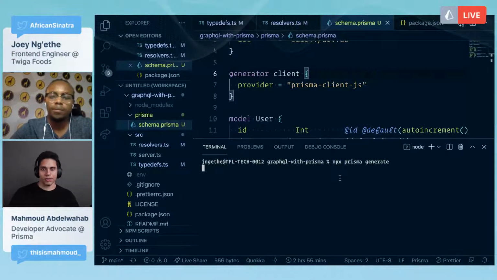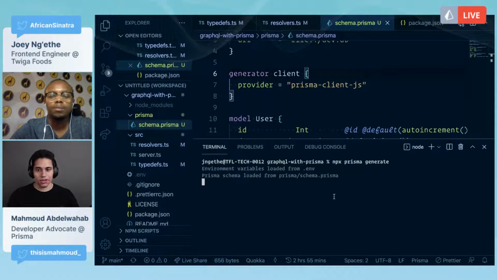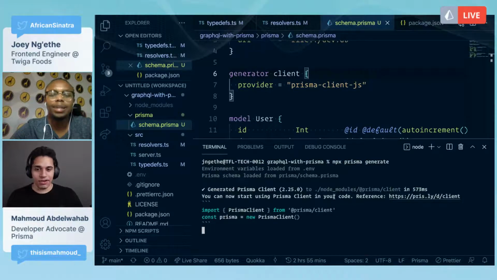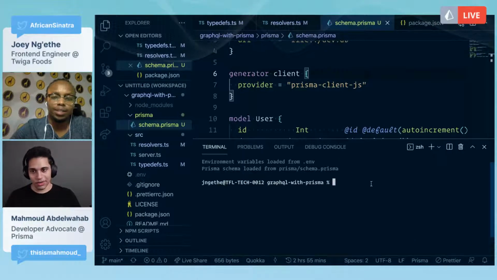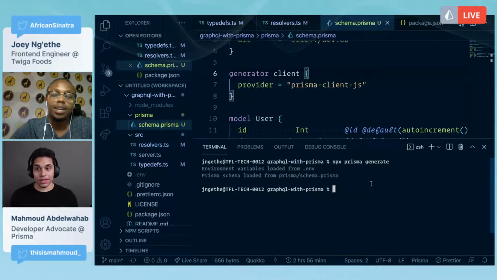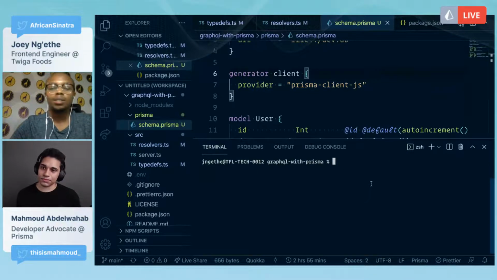One thing I'm not sure about: if we run npx prisma generate and we run the queries, do we not have to do a migration before? Right now, the SQLite database doesn't exist. If we try to run the query, will we get an error? I would like to try, because how would we know this will work? So let's test it. If we run into an error, we know the issue is that we did not do a migration and create the tables inside the database. Yeah, I think the DB doesn't exist yet.